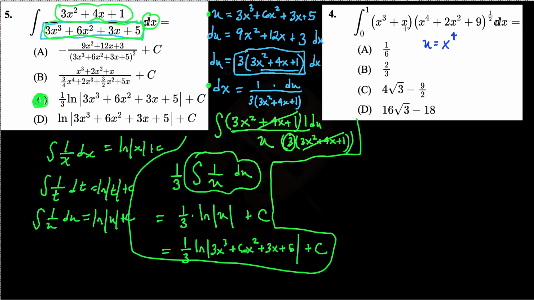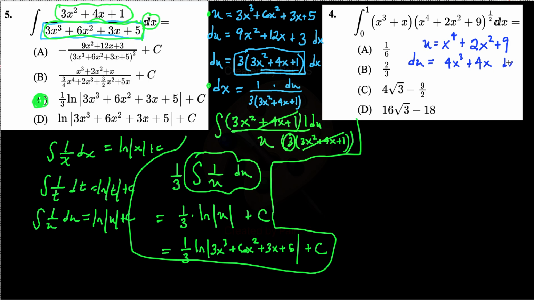So if I took u to be x cubed plus x, I would differentiate and get an x squared. But then what would happen with this x to the fourth? It would never cancel. So I know to take u to be the higher power one, the x to the fourth plus 2x squared plus 9. And then du is going to be 4x cubed plus 4x